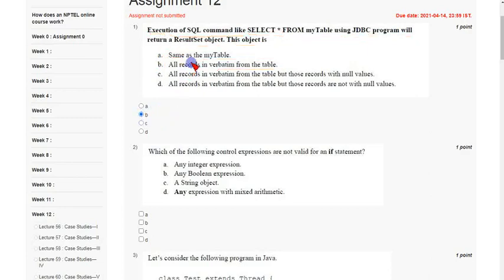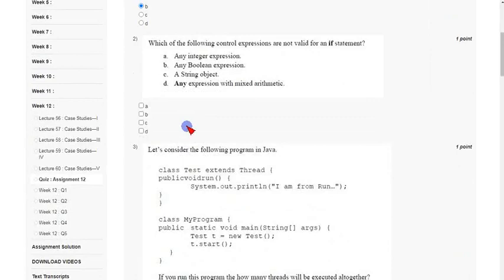And coming to the second question, which of the following control expressions are not valid for an if statement? Actually option A, any integer expression, and option B, boolean expression, both of these are valid expressions, but they are asking not valid. This is very important.